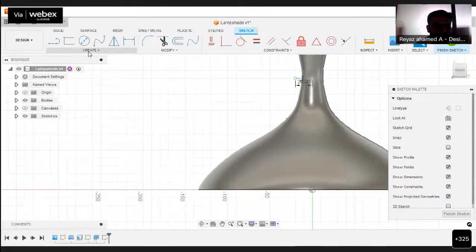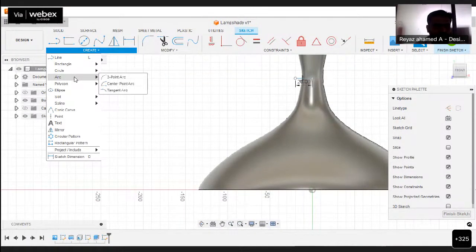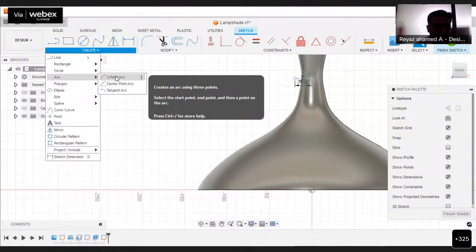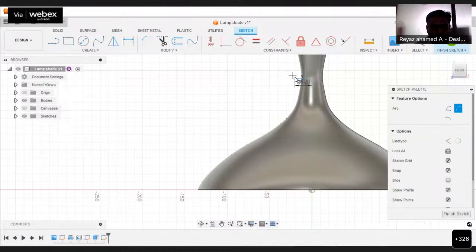Then let me click on the create arc option. In that, I go ahead with the 3-point arc option. Let me click on the 3-point arc. Let me click on this end point of the line, and then click somewhere around the left-hand side of the lampshade top portion. Let me click here like that. And then I have to pick the third point. While placing the third point, I just move my cursor leftwards.